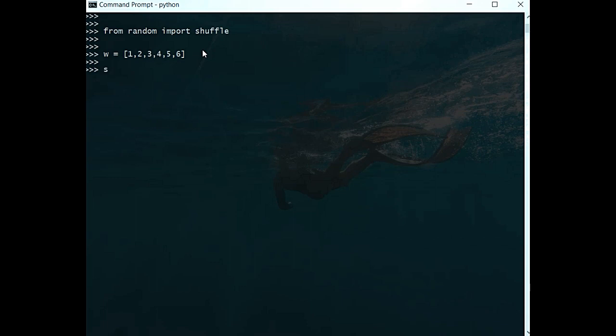Now all we need to do is use the shuffle function on W. And now when we check W, it's shuffled. When we again use shuffle on W and again check W,